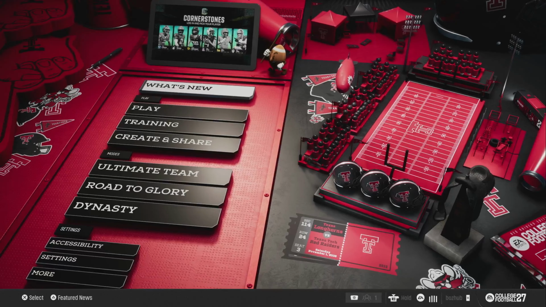In this guide, I'm going to show you how to adjust coaching tips and pre-snap as well as menu and